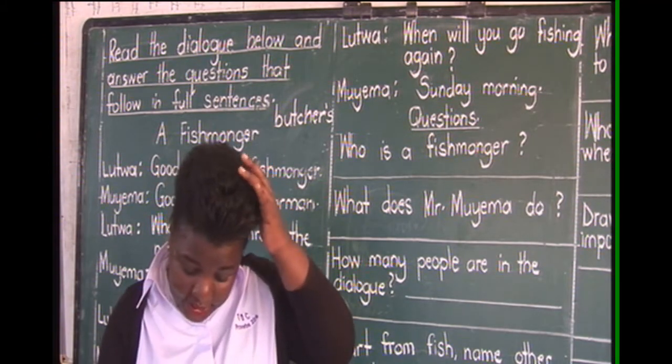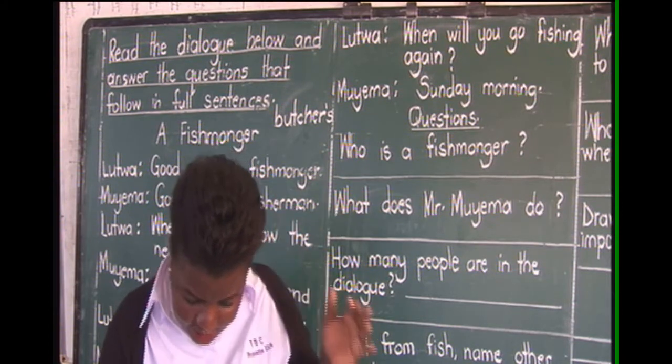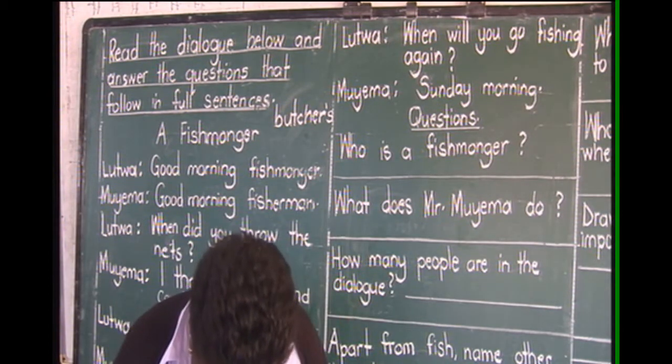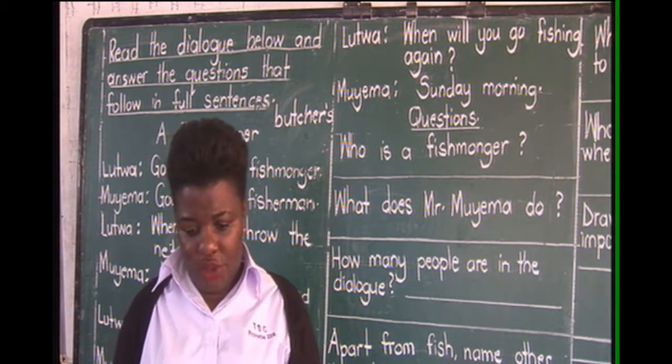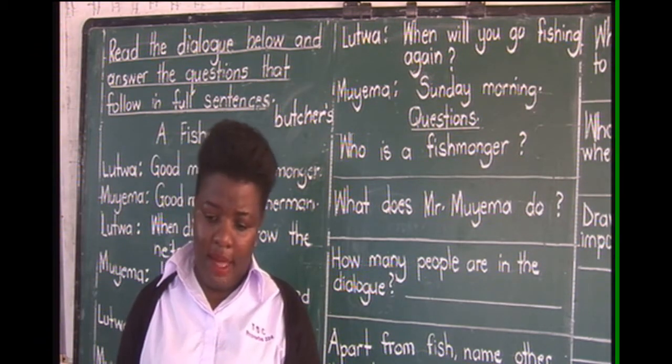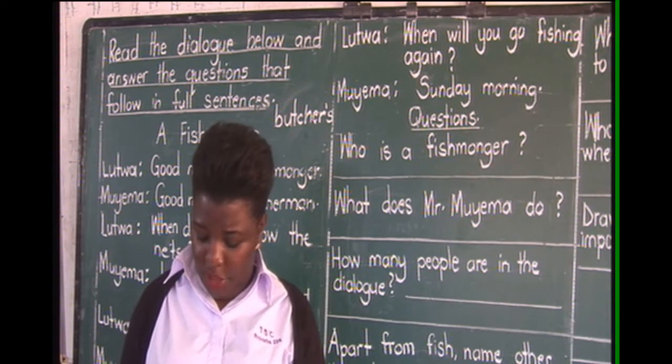So on page 20, there is letter B, that is the next question. Oh, sorry. On page 20, these questions were for the map. So we are going to skip page 20.